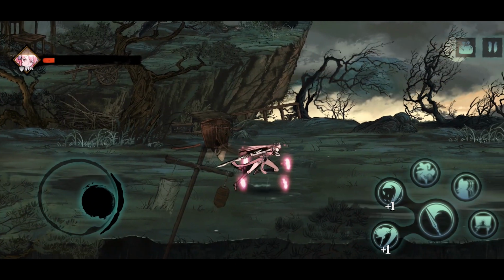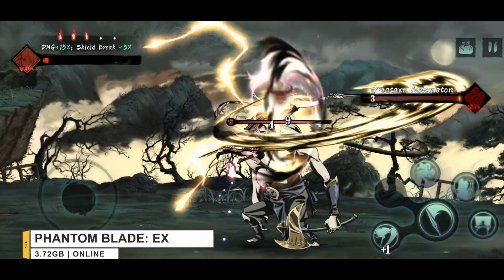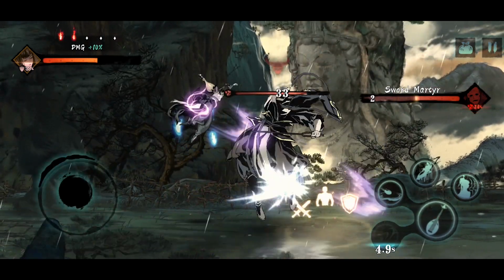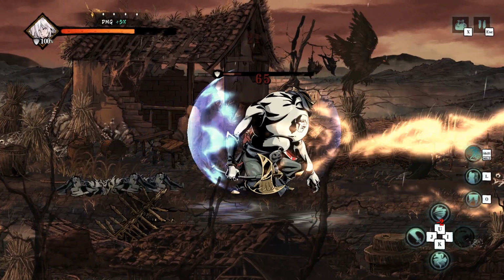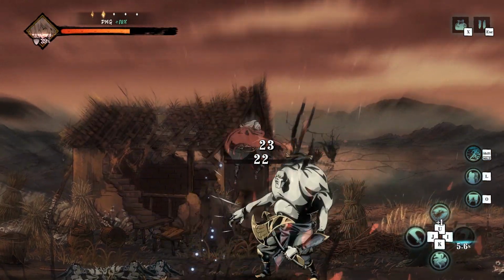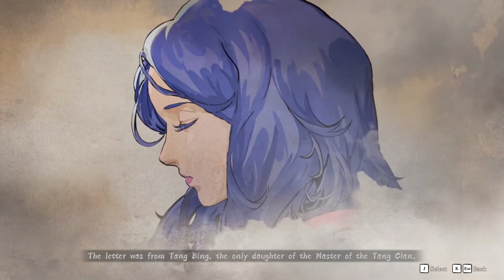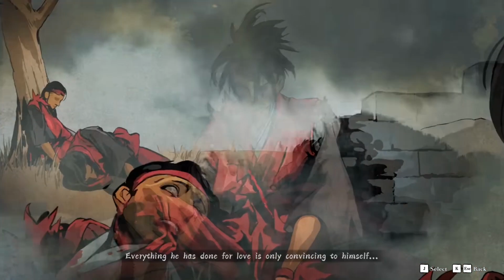Number 2. Phantom Blade Executioners. This one's a dark fictional martial heroes action game with some features of cyberpunk elements, kung fu, animation, and lots of charming characters. Currently, Phantom Blade is available on PC, PS4, PS5, and mobile in open beta, and if you're looking for a game that has a beautiful storyline and a lot of action, then you should definitely try Phantom